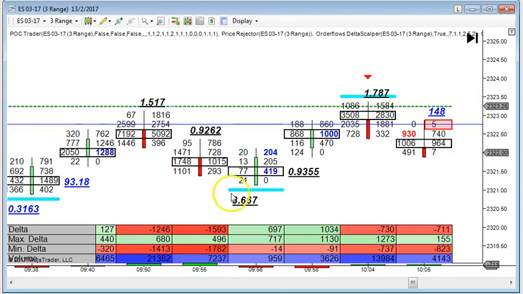So, I'm not necessarily convinced that this is going to be our high of the day because there's a lot of buying up there. Just doing the math off the top of my head, 7,000, this is 10,000 lots here, probably another 3,000 in here. So maybe if this market started selling off, we started getting down below 21, I might see these guys coming in and start selling, and okay,